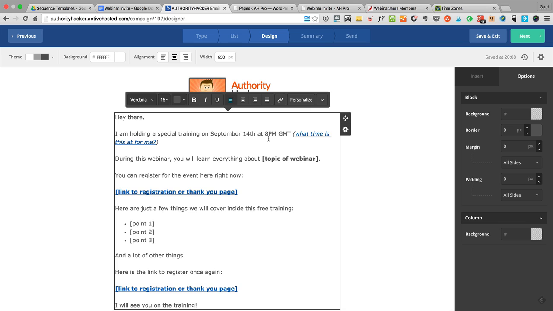So remember that you should specify the time zone. And as you might have seen in Authority Hacker Pro, sometimes we mix it up and it's quite annoying for people. And then what I recommend you do is you use this